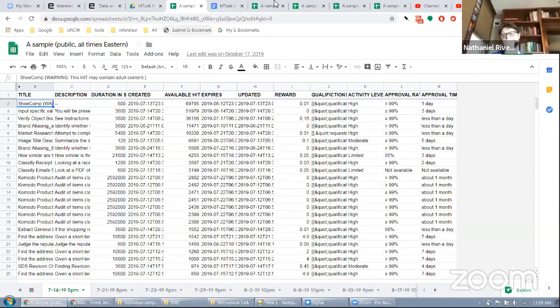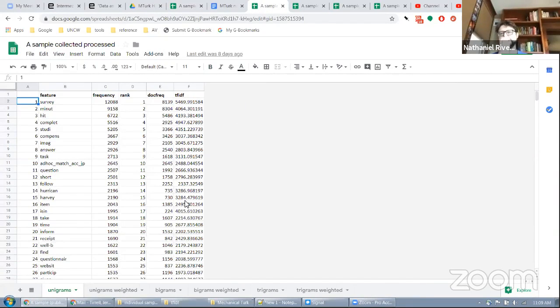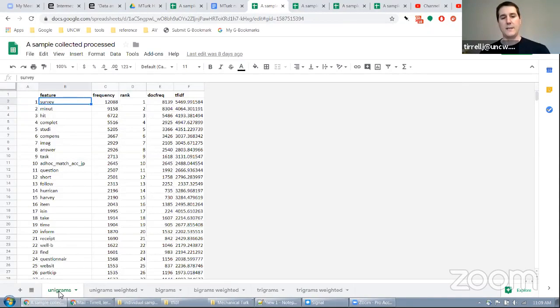So the good news is, this is what this does. Unigrams, this is treating them flat. And when we're talking unigrams, we're talking one word. These are stemmed, so you'll see minute rather than minutes, complete, same kind of thing. Survey appears in all of the data